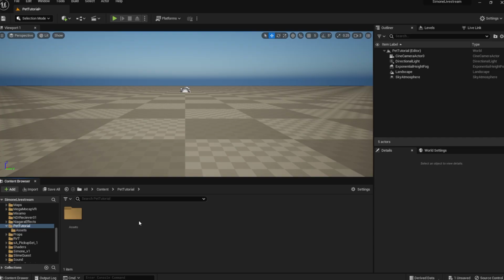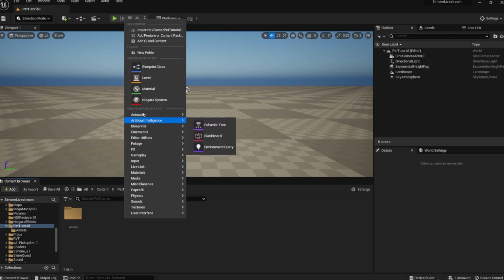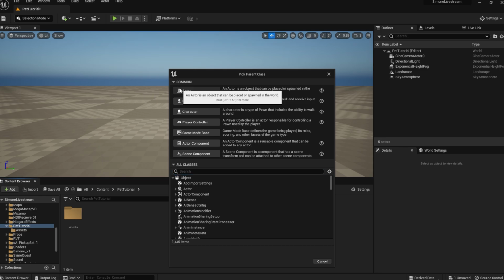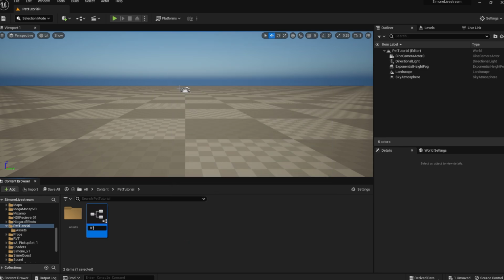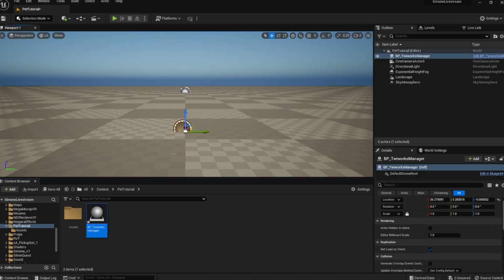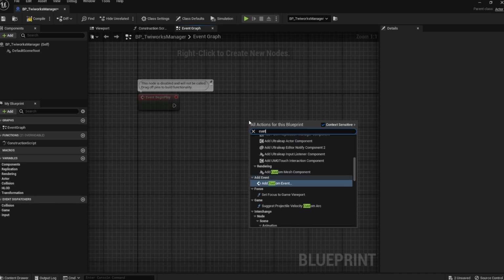Alright, now we can finally get to some blueprinting. First, we're going to make our Twiworks manager. It's going to connect us to Twitch and keep track of interactions. So add a new blueprint class. You can just make it an actor. We'll call it something like BP_Twiworks manager. So drag that onto your map, and then open up the class, go to its event graph, and